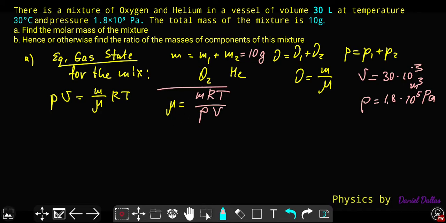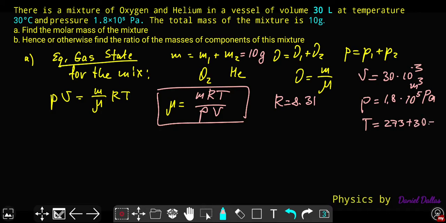We've got it in one simple step. We have R, the constant, 8.31. We have temperature, but we need to convert into kelvins because we're given 30 degrees. So right now we are going to add 273. So 273 plus 30 gives